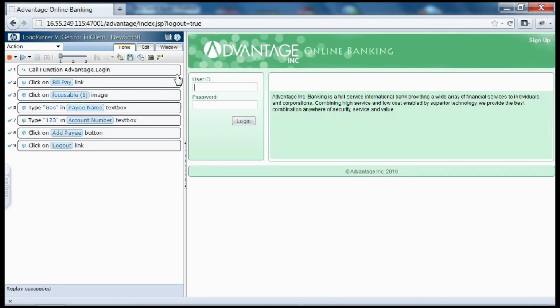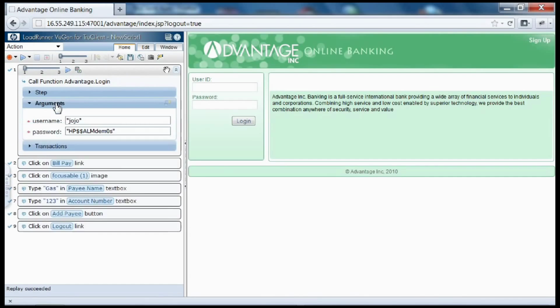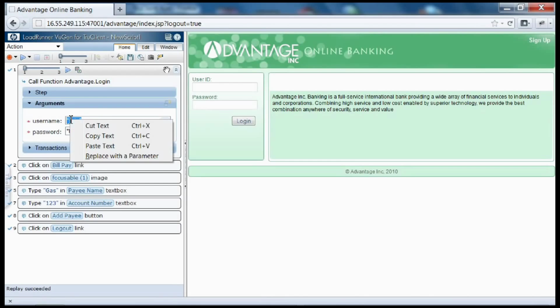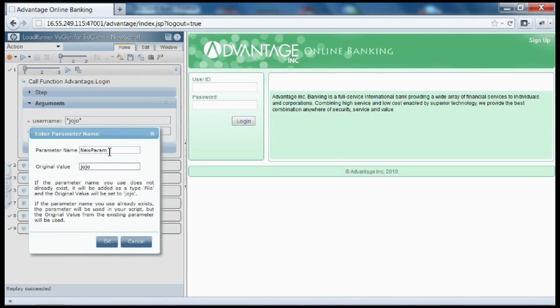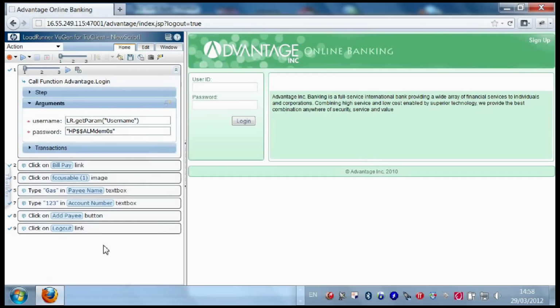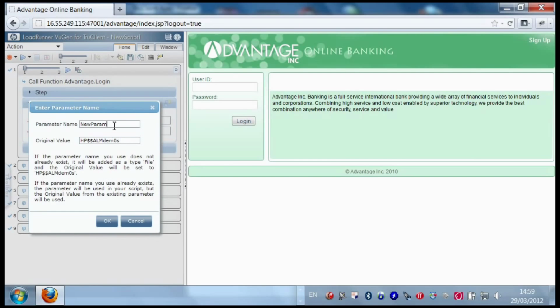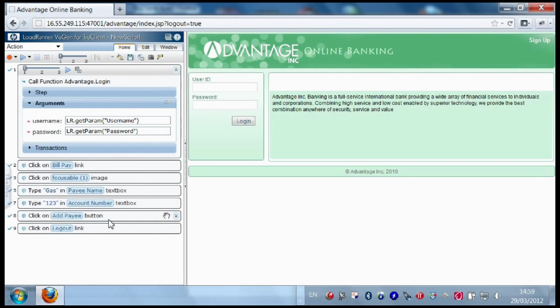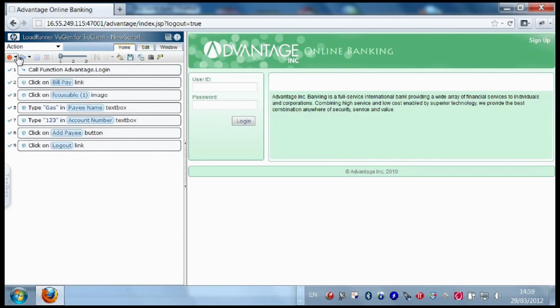Now that we verified the script is working, we can replace the static values in the script with parameters. Let's replay the script again to make sure everything works as expected.